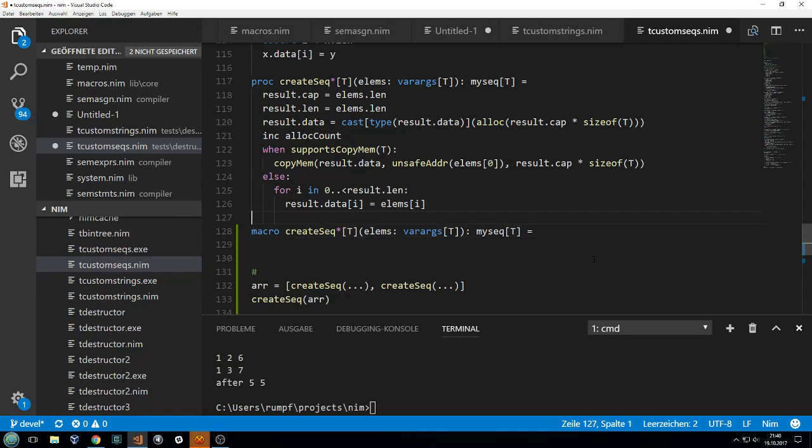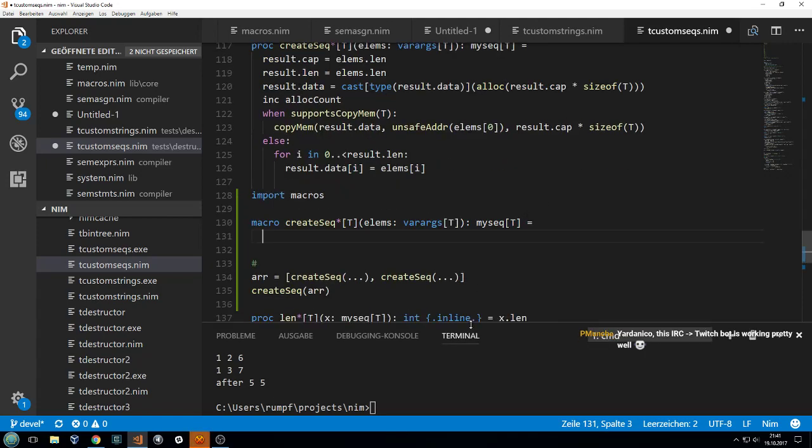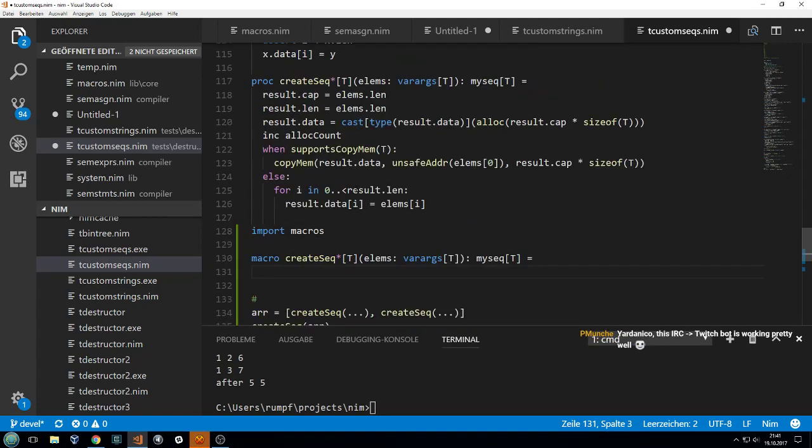And for this to work, I need to import the macros module. And I'm not so sure, because probably I want to keep this helper,